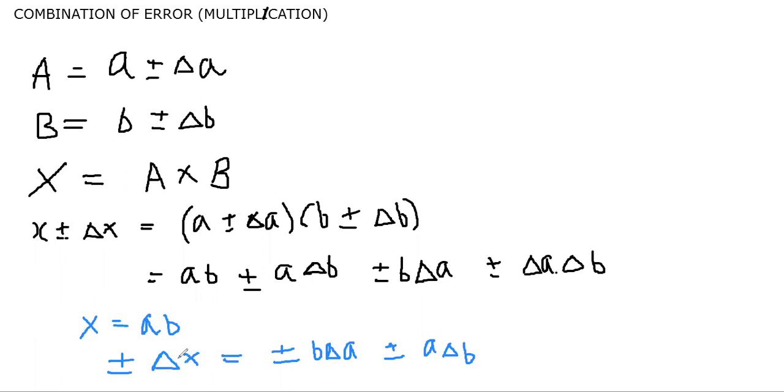Now to find the error, the formula is coming like this, but there is one more step you have to take here, that is dividing this whole equation by X. Divide this whole equation by the value of X. Now what is the value of X? The value of X is AB. If you put AB here, B and B cancel, you're left with A. If you put AB here, A and A cancel and B is left. So what you get is the formula,